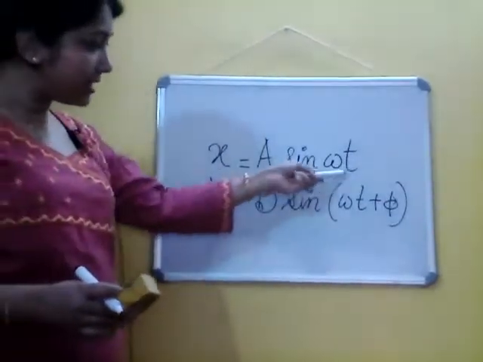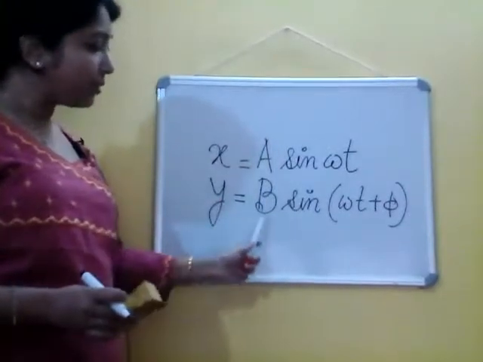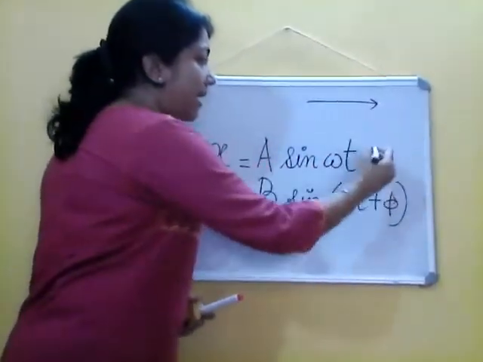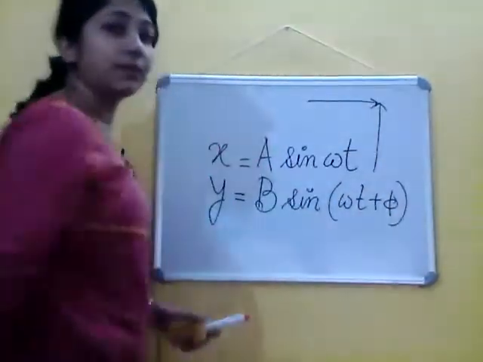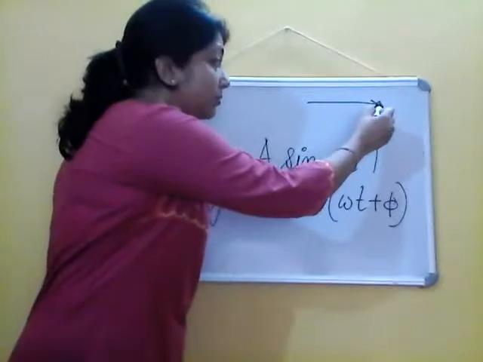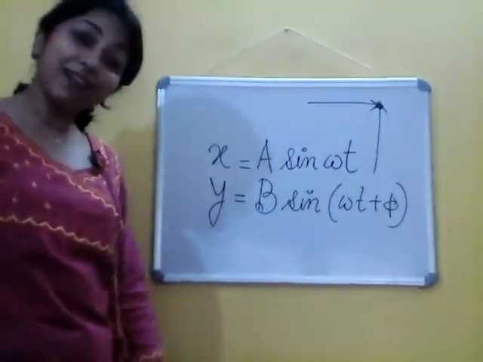So x is equal to a sine omega t and y is equal to b sine (omega t plus phi). So one of them has come from here and the other has come from here. Now what will be the resultant? I want to know what will happen to the wave which has superposed over there. Now let us see and